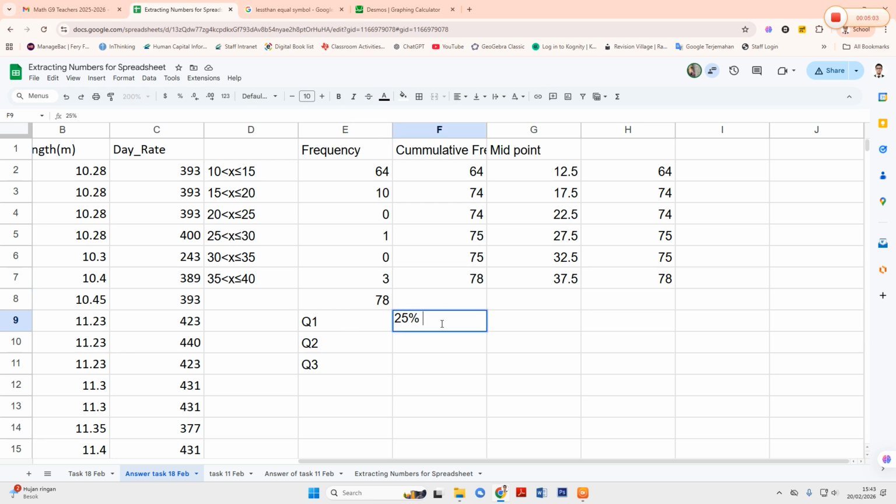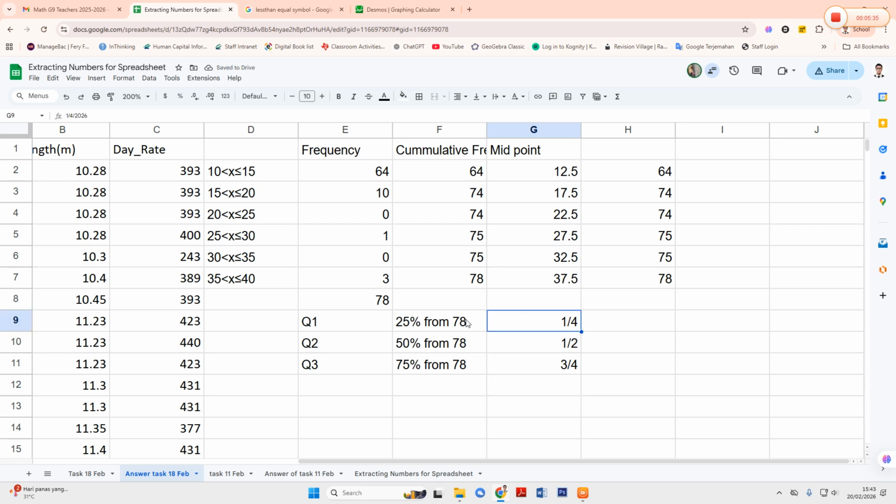25% of the data from 78, and here is 50% of the data from 78, and here is 75% of the data. Or we can state this one is 1/4, this is 1/2, here is 3/4: Q1, Q2, Q3.